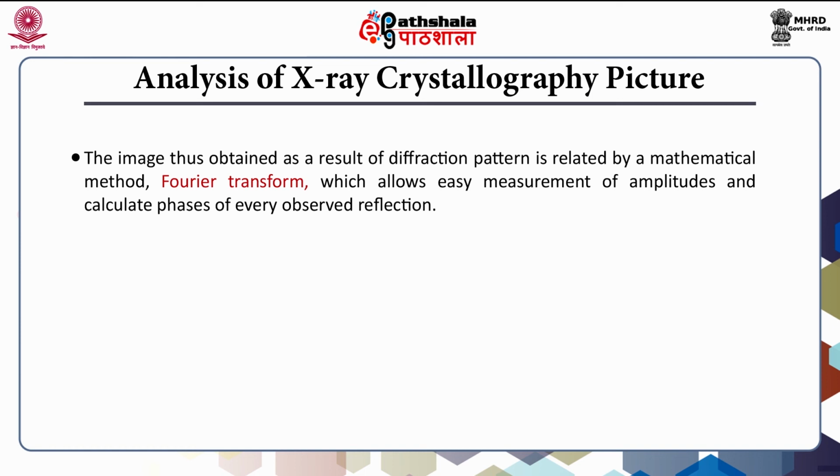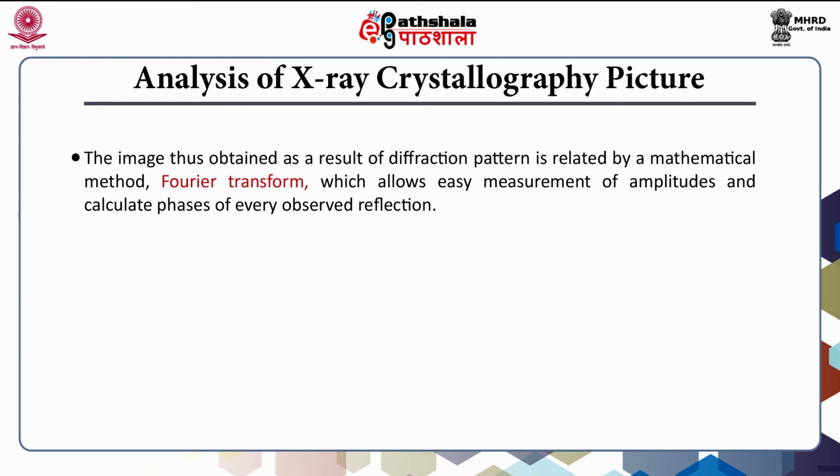Once we can calculate the electron density map, based on that we can put atoms into the electron density map, because we all know the number of electrons in a particular atom. So, based on the electron density we can place that particular atom in that particular structure